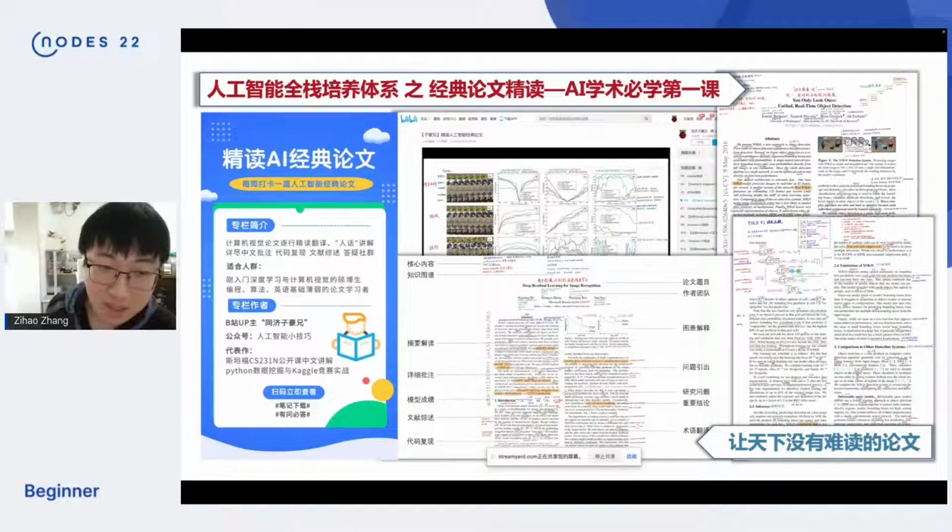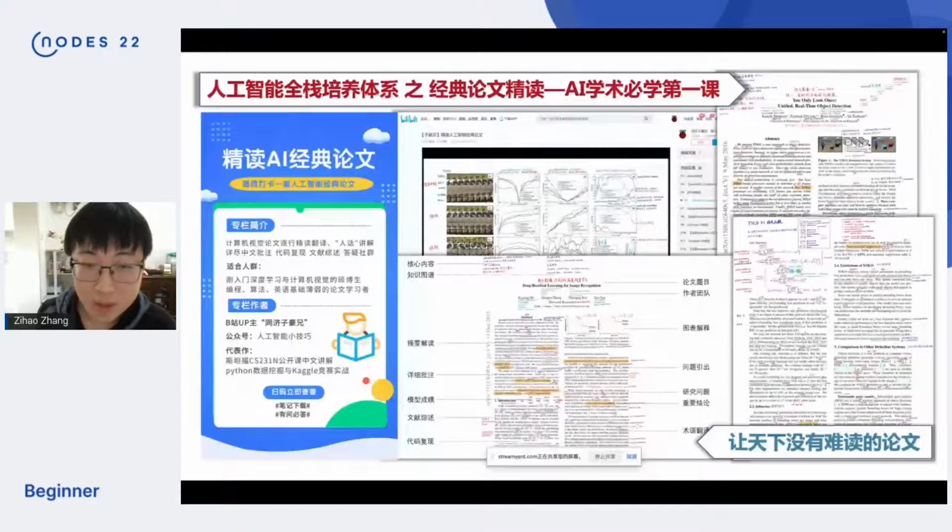And every student in China, or maybe every student all over the world, will need to read these papers. I make tons of notes and make videos to read each paper sentence by sentence to let you learn the paper better from the beginner. That's so-called from zero to hero.